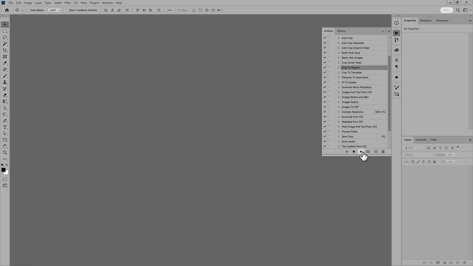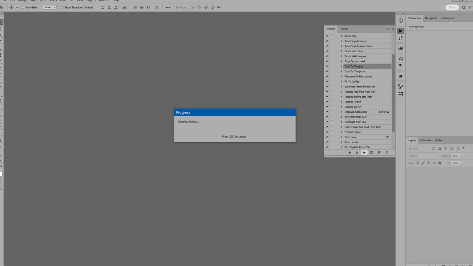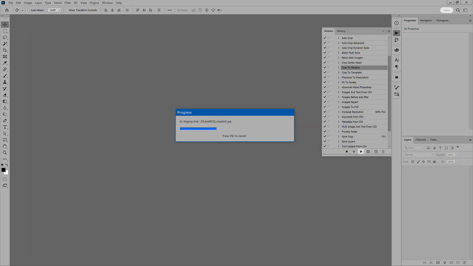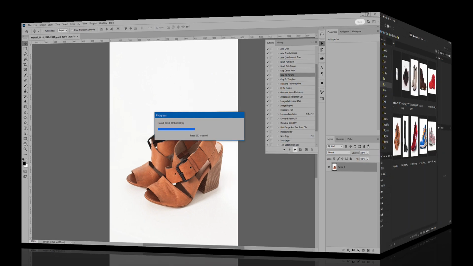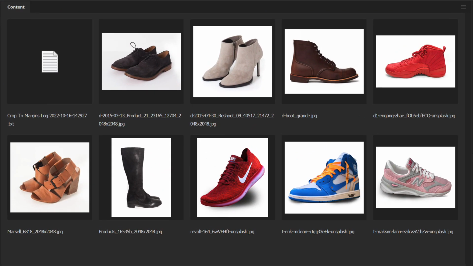There is another remedy: crop to edge. I'll enable the option to show the difference. Instead of adding to the image, the crop is limited to the existing size on any edge that's less than the crop. So some images end up with less margin, but at least they're somewhat consistent. Use whichever option works best for your situation.